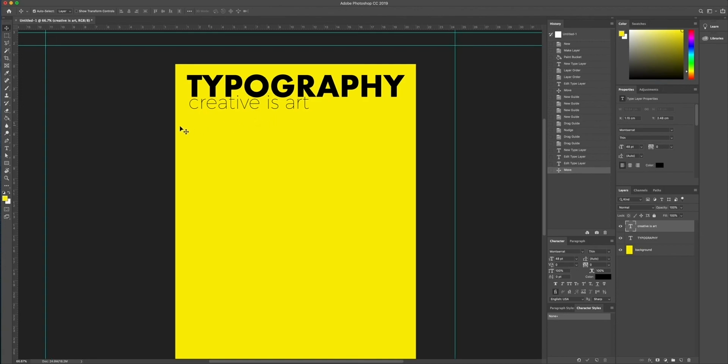Now, with the ruler, remember, I said that you can align text. So I'm just going to bring this right before the T, and I know that the creative is art text has to be aligned with this ruler. So with selecting